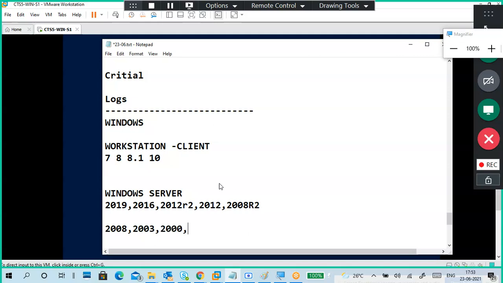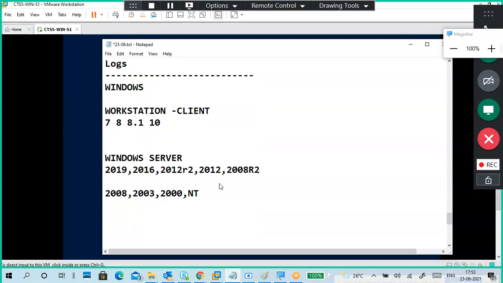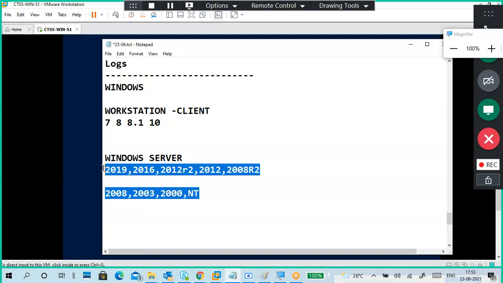2000 server. In 2000 you have to say 2000 Server, because 2000 Professional is a normal XP-like PC version as well. Okay. So 2003, 2000, NT: these are Windows Server versions in reverse order. Okay, this is 16 32-bit. 32-bit is more popular, 64-bit has fewer editions. 2008 has 32-bit and 64-bit. Okay, so these are the Windows servers.